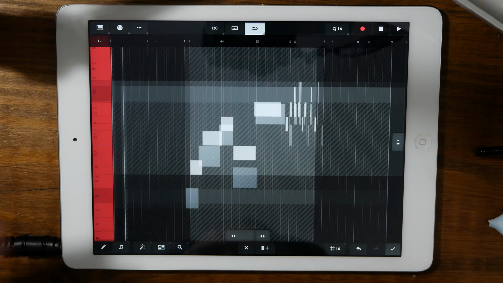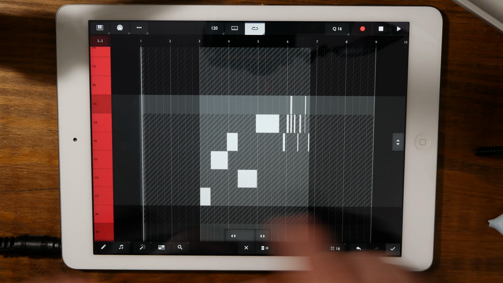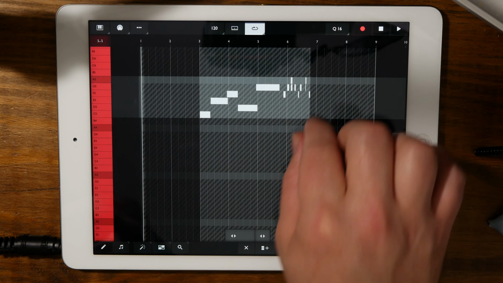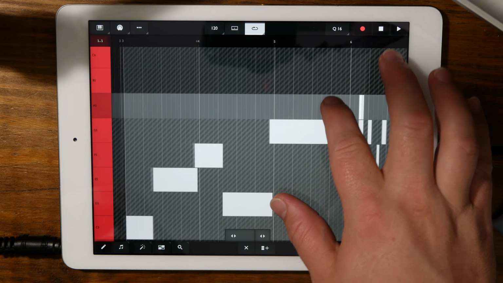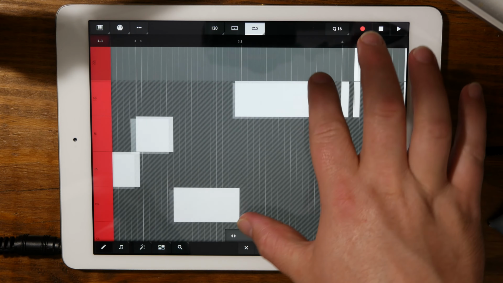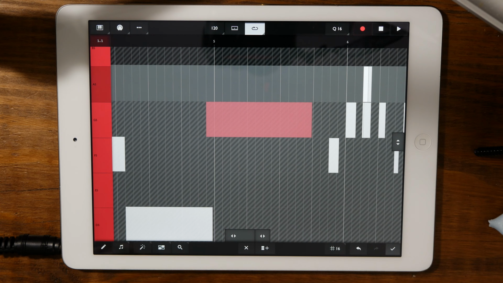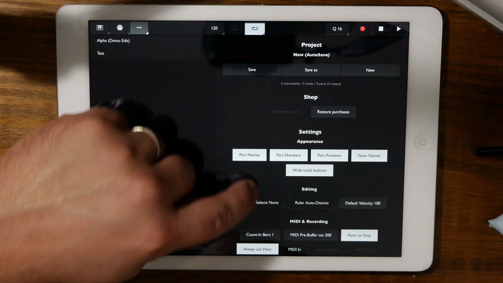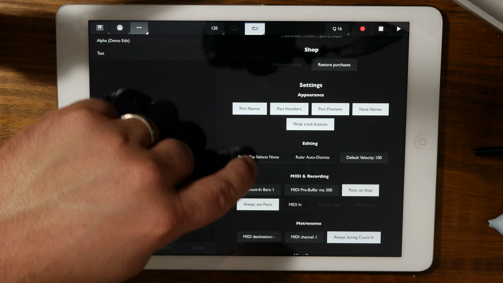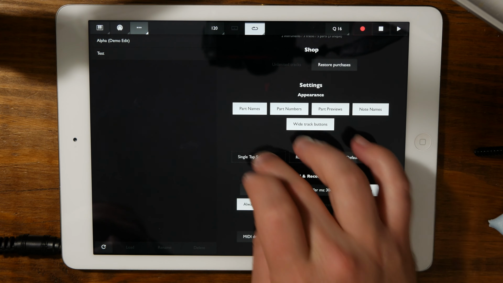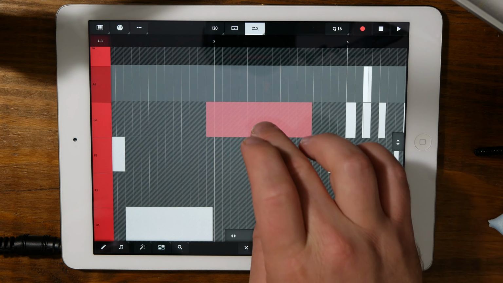Okay, so that's a horrible example, but you can see you can just play it in, and then the zooming is fairly good. You can zoom in. You can click on a note and it'll select it. And there's a little option in here. Single tap notes selects none. If that is on, highlighted,